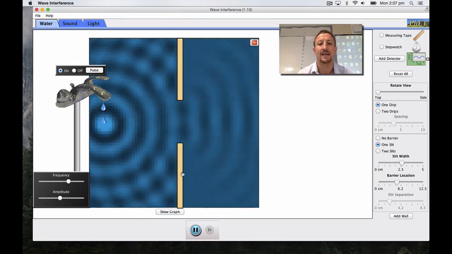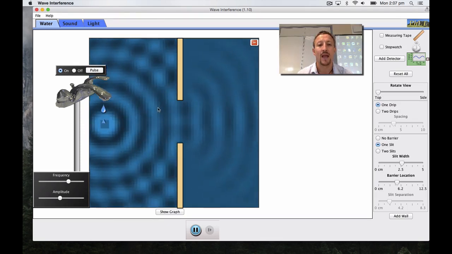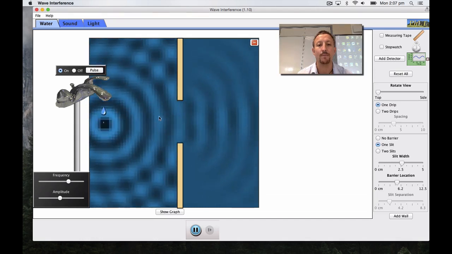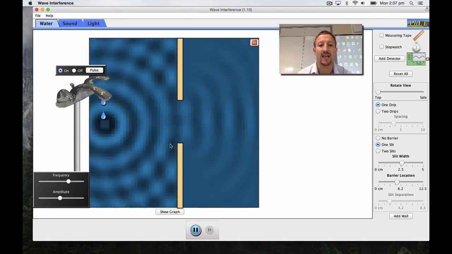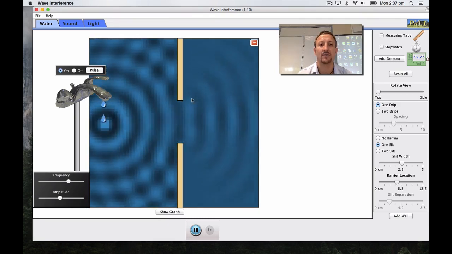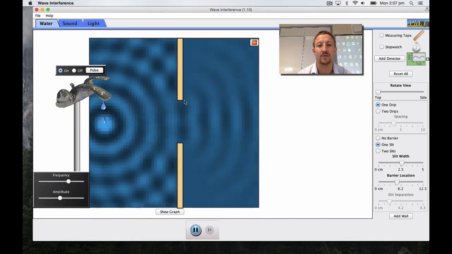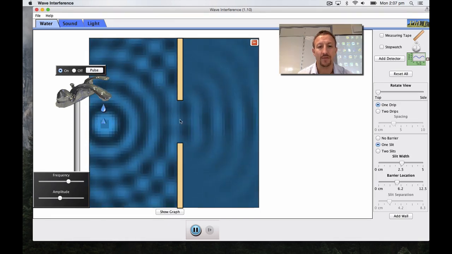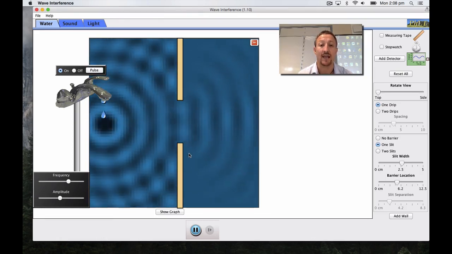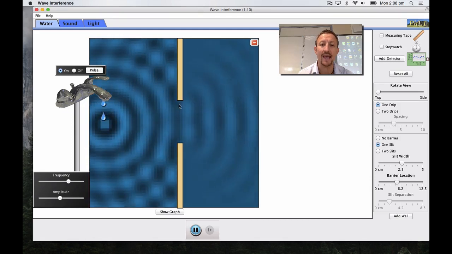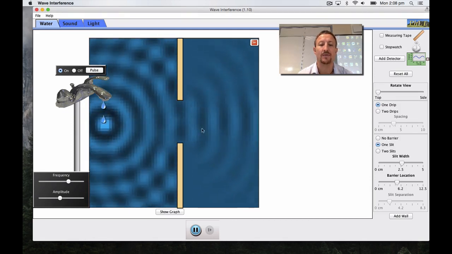Now what we tend to see when we look at the slits is, as the wave moves through, the wave front passes through, and then what tends to happen is it catches on the edges here. Now as it catches on the edges, the wave is actually going to slow down. Now as it slows down due to friction, the middle part of the wave is going to continue at its normal speed, and it causes this effect to curve the lines on the edges. So what we get here is this sort of funnel shape of the wave as it actually moves through the